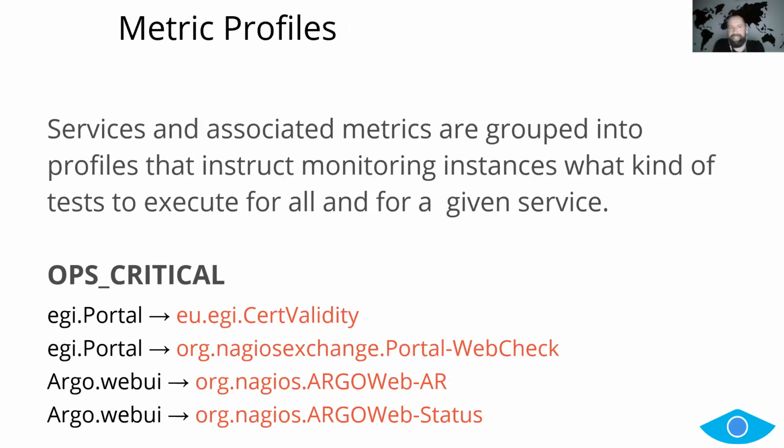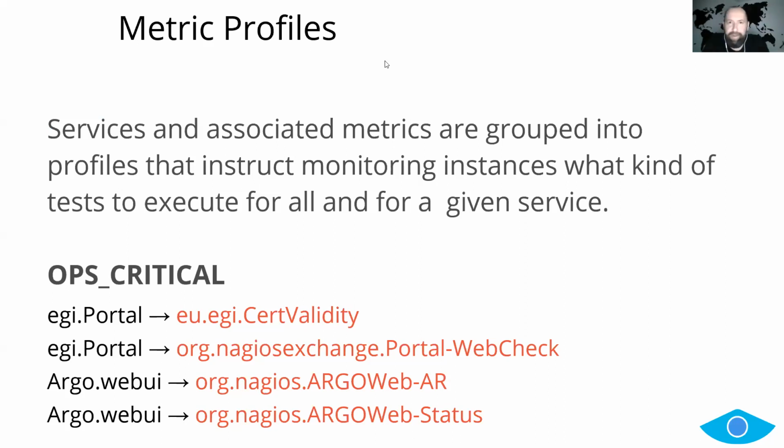Now the metric profiles. This is where the work actually begins. The metric profiles are the mapping between the service types, so you remember from the GOCDB story, and the metrics. The idea is once you have the topology with a bunch of sites and NGIs and services, each with a service type and hostname, and then you have this metric profile, which says for these service types, you should run these metrics. Then you take all those details that I showed you before, and mangle it all together, and you will be able to monitor your world.